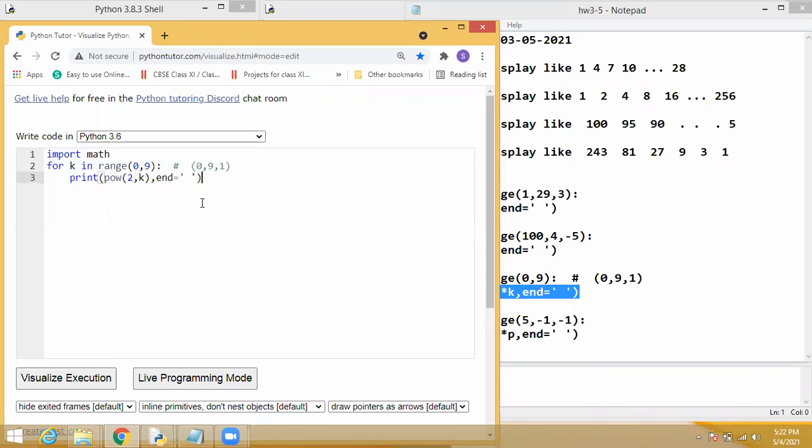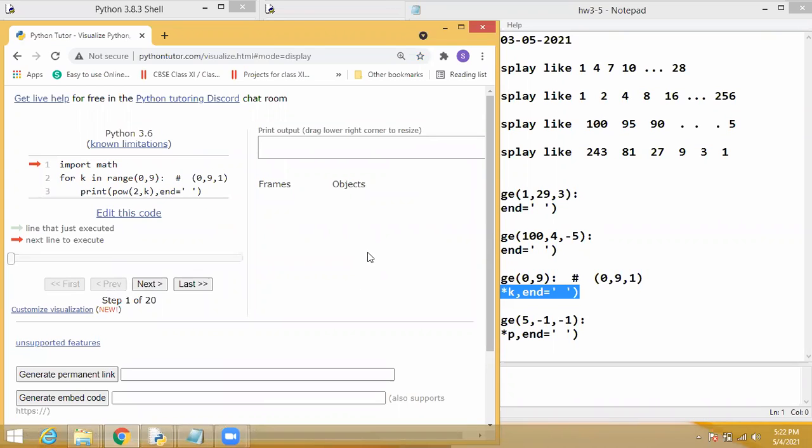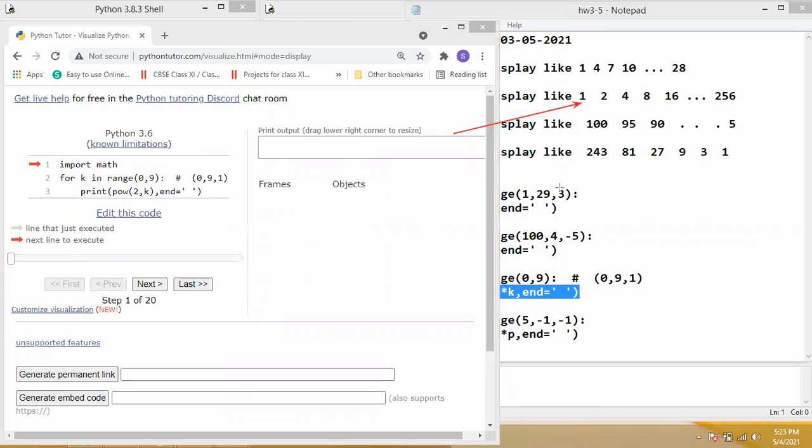So for every program, there is no single solution. Students, kindly keep it in mind so that you don't memorize any program. You just need an answer. That's all. You are having a lot of methods to execute. I'm going to execute now. So what is the solution for this one, students? 1, 2, 4, 8 like this.